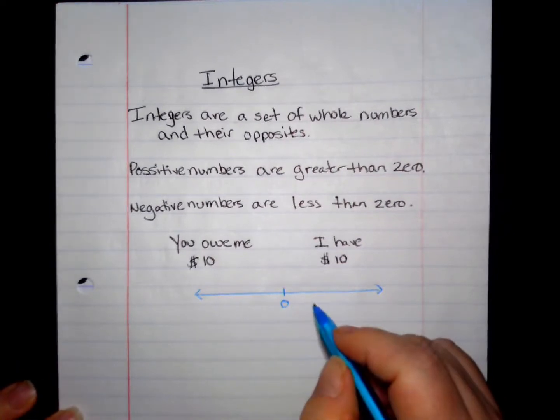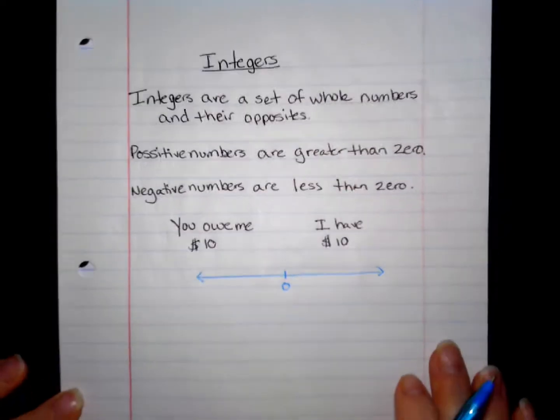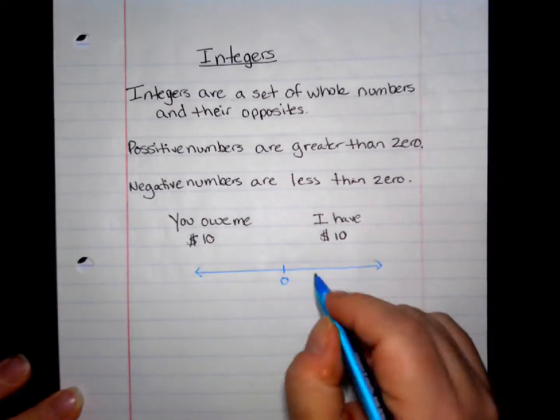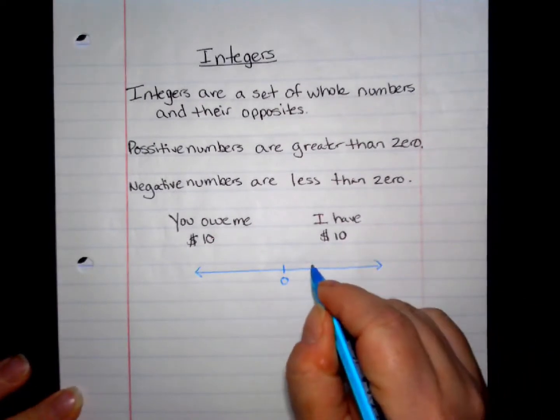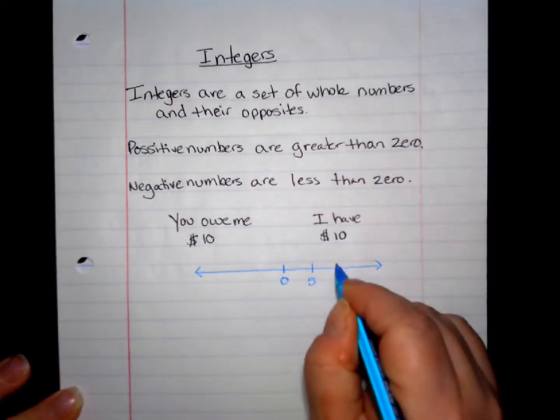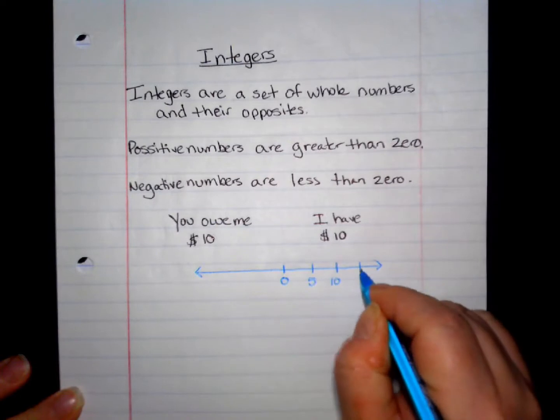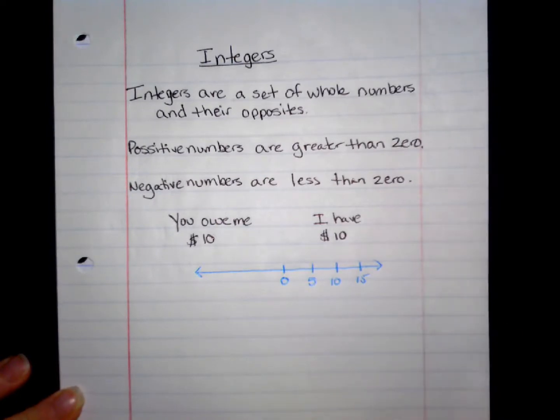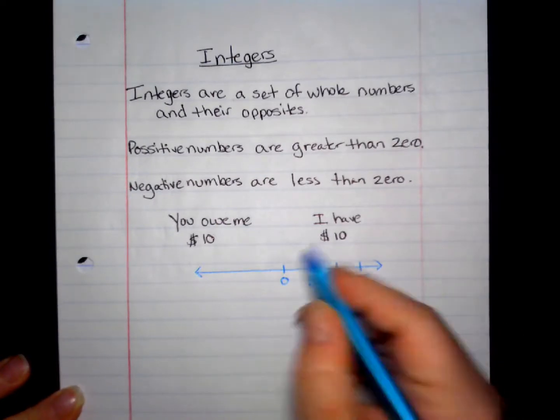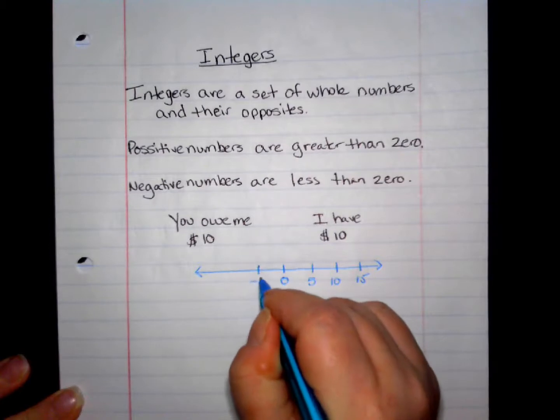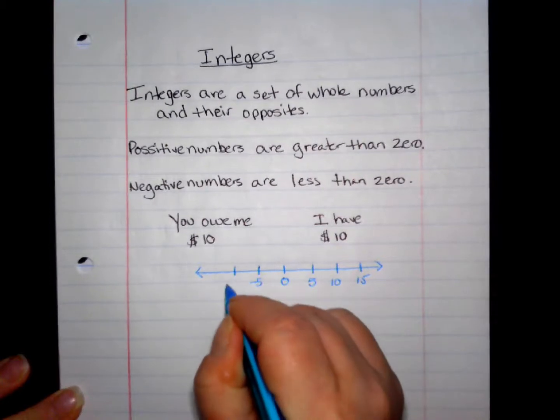And the 0 doesn't always have to be in the middle. It's just that that's where I'm putting it. And then we'll go 5, 10, 15. Now less than 0 would be -5, -10,